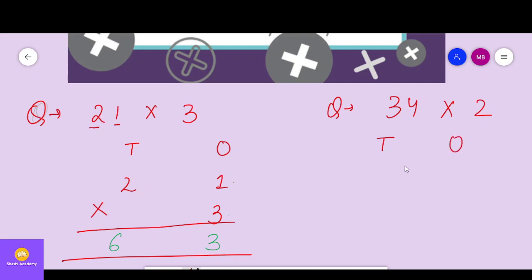We will write the correct digits under the correct place values like this. Then we have to multiply the second row with the first row. So in the second row we have 2. So we will multiply 2 with 4 first. So 2 fours is 8 and then I will multiply 2 with 3. So 2 threes is 6. I hope this is very easy for you and you have understood it very clearly.